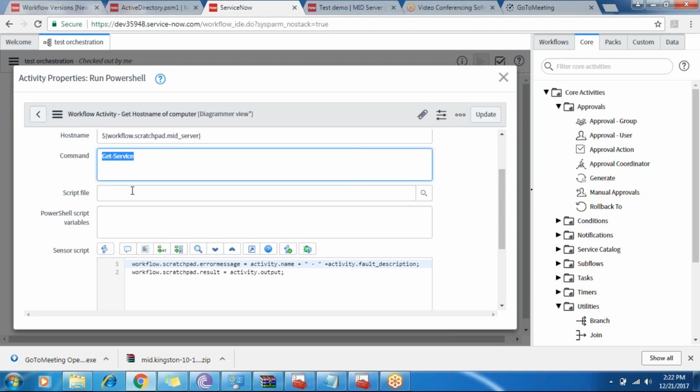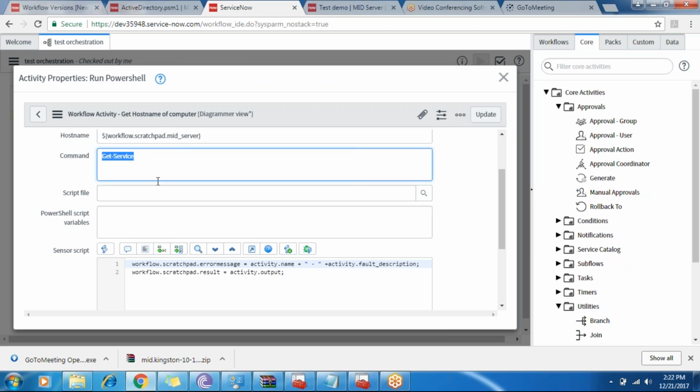Like if I wish to do it through a script file, then I won't write the command over here, and we just call the script file. The second purpose of the script file is to eliminate maintenance. For example, if you want to edit the PowerShell command, then you have to go into the workflow, check out the workflow, and edit the command from there.